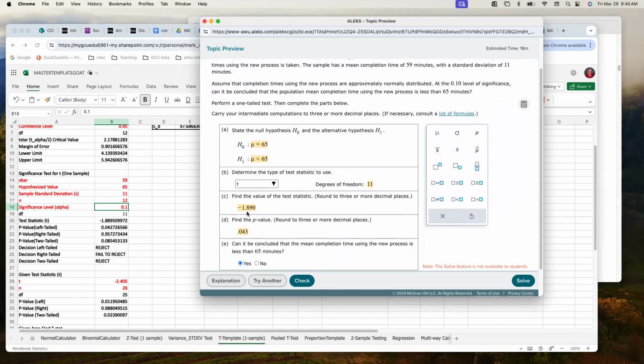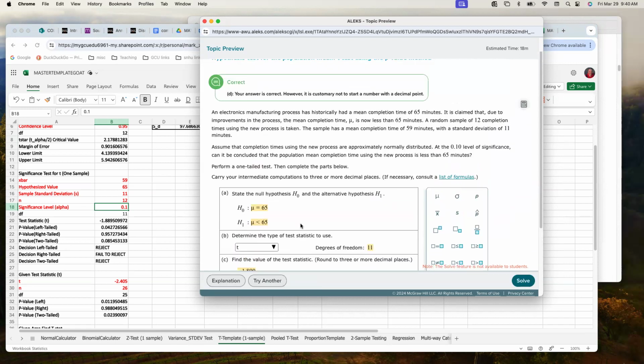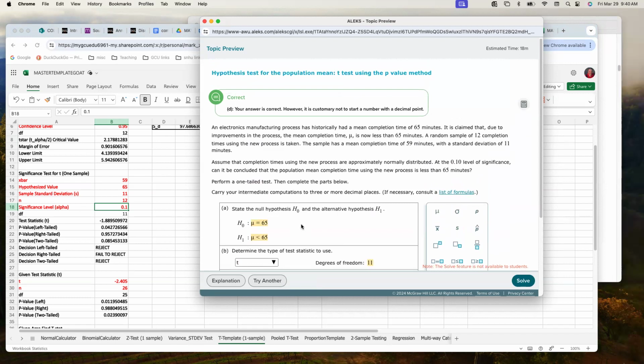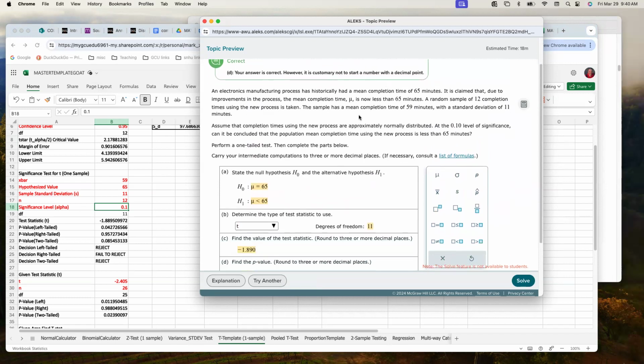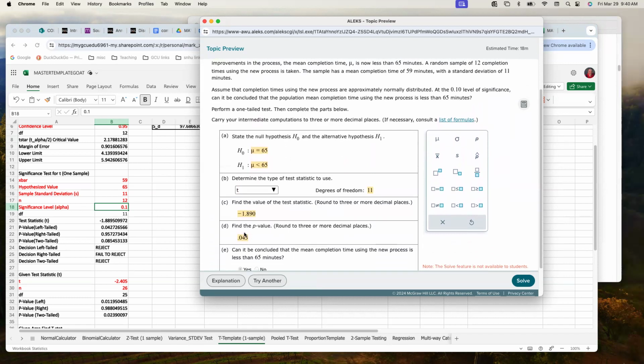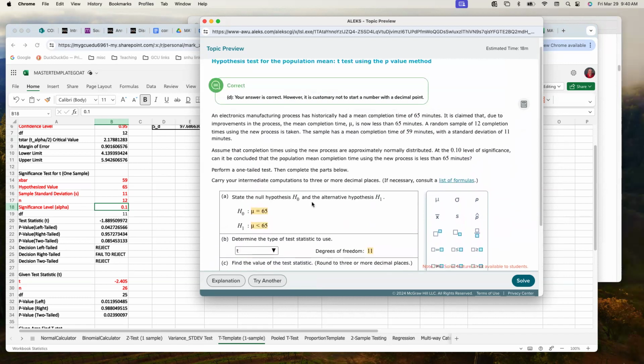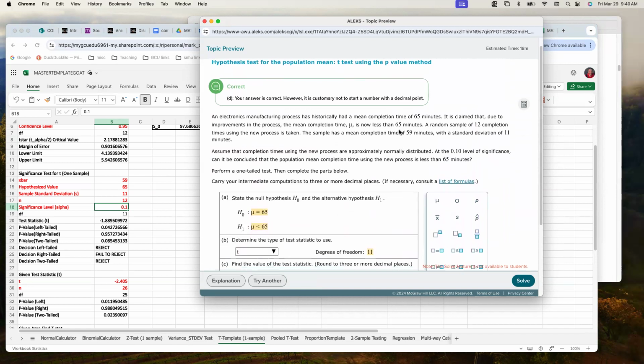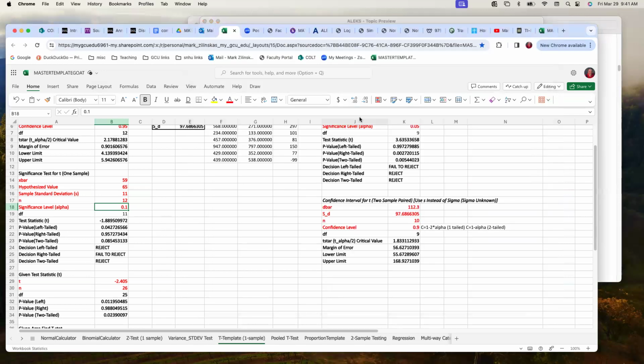I will go ahead and check this just to be double sure. And I am holding up to my custom of not including the 0 in front of the decimal point here, okay? So I'm pretty consistent with that. I just kind of wanted to show you here, you have some options to double check because obviously your spreadsheet here doesn't have a graphic, right? So if I would go and type in that negative 1.890 into the,